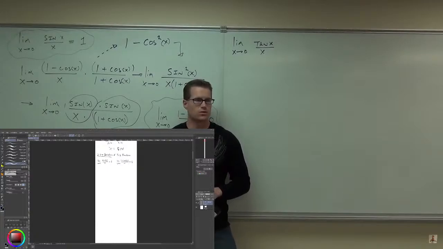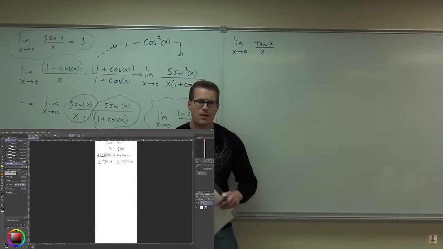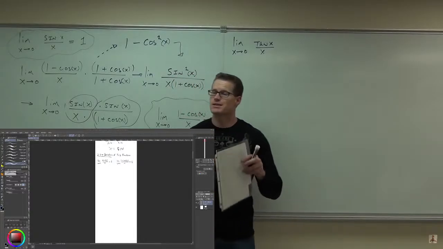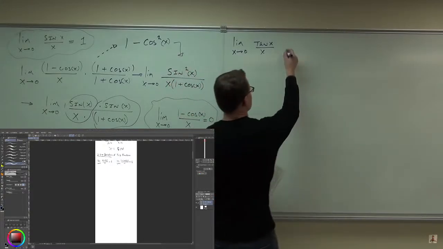What's tangent of 0? 0 because sine is 0 and cosine would be 1. That would be 0. But now you have it over 0, so you have 0 over 0 again. So we do need to manipulate it. But here's what we can do. How much is tangent as the identities say it is? So sine over cosine. So we could make this